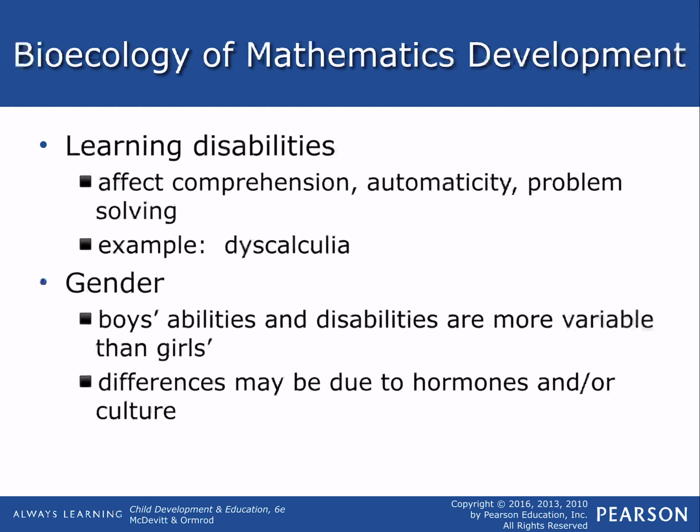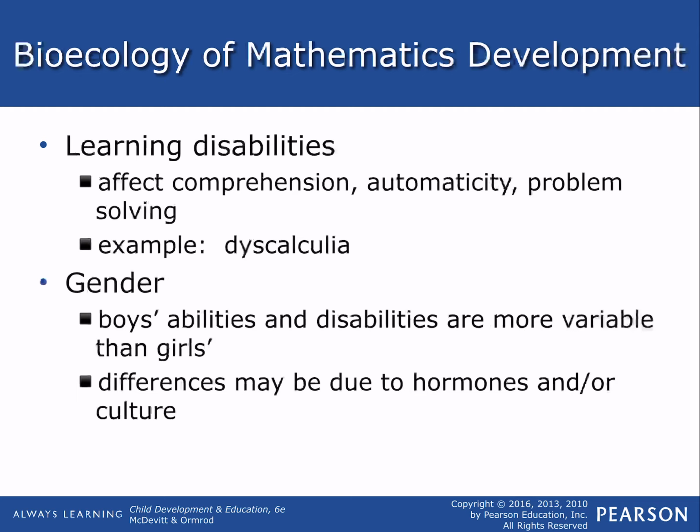Okay, so learning disabilities in this area can affect comprehension, things becoming automatic. There may be a problem there. Knowing what the important pieces are. Some people fall apart with story problems. Being able to pull out the important data and solve the problem and figure out what calculation needs to be used based on the problem at hand. Dyscalculia, don't see numbers right. It's like dyslexia, but instead of lexia, it's calcula. So it's dyscalculia, which is the numbers part, right?